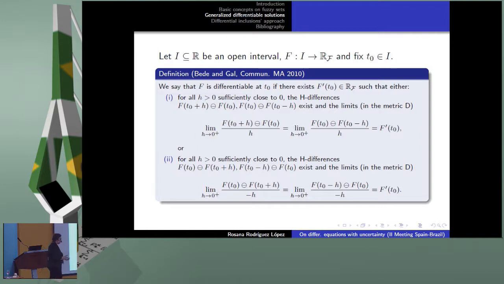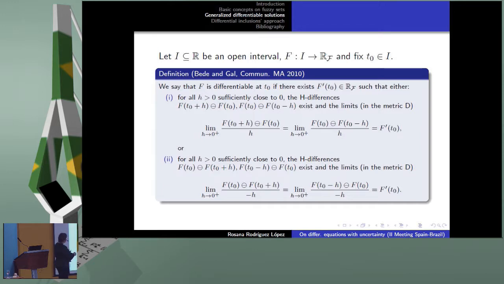The problem is that if you have intervals, the existence of the H difference is going to depend on the length of these intervals. So more cases appear, in the sense that you can consider differences where you are taking values of the variable always with the first one on the right, or the first one always on the left, and you can mix. So at first you have four different cases.